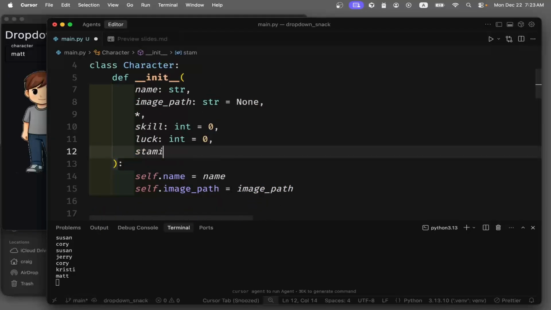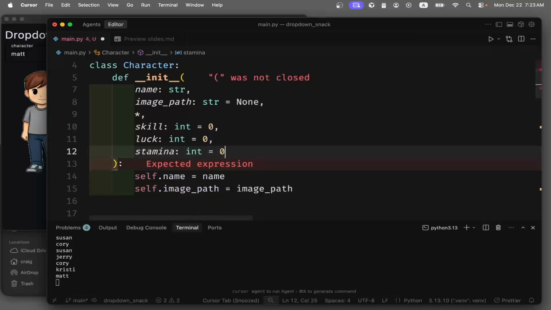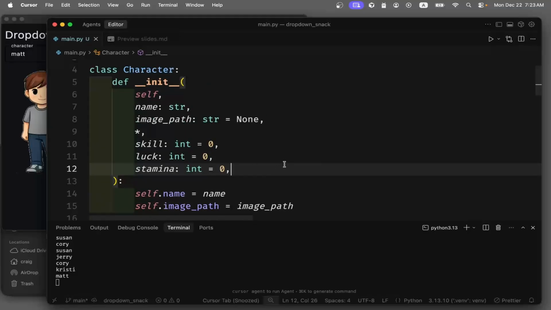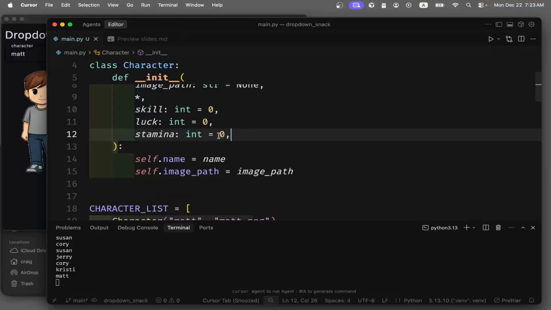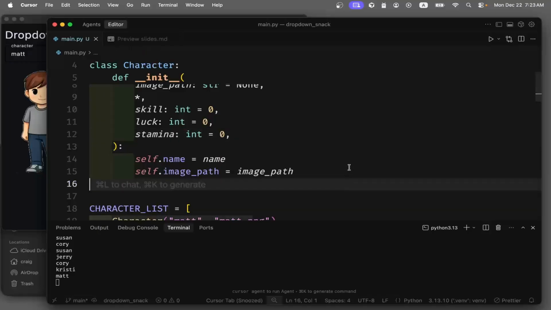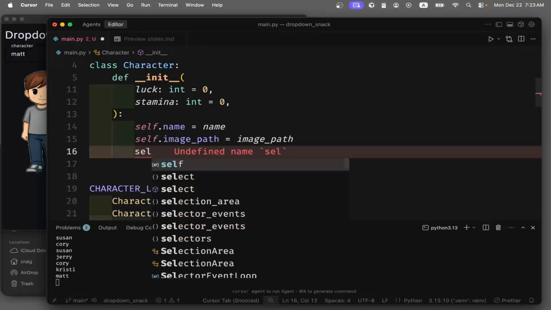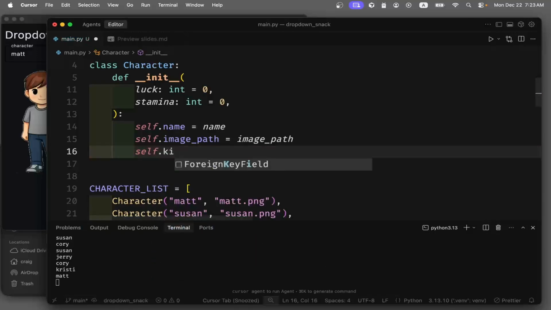We'll have stamina, int 0 as well. Okay, so the inputs to the character have now been extended with skill, luck, and stamina, but we need to set it up this way in Python. self.skill